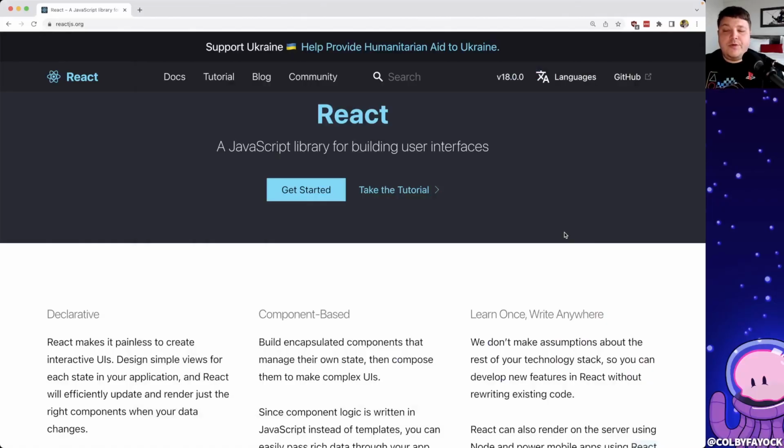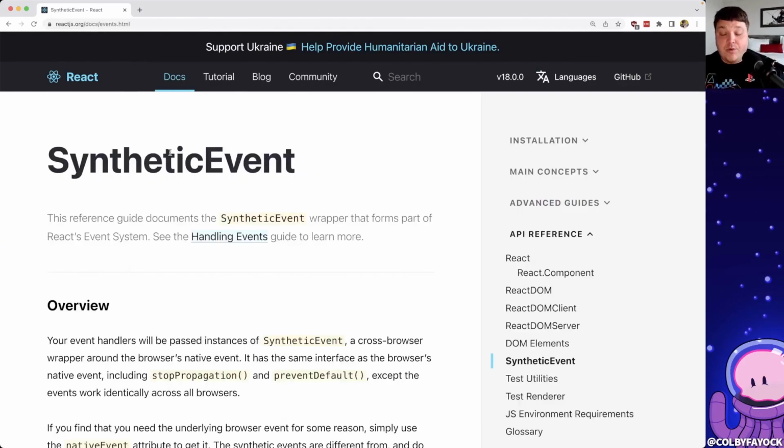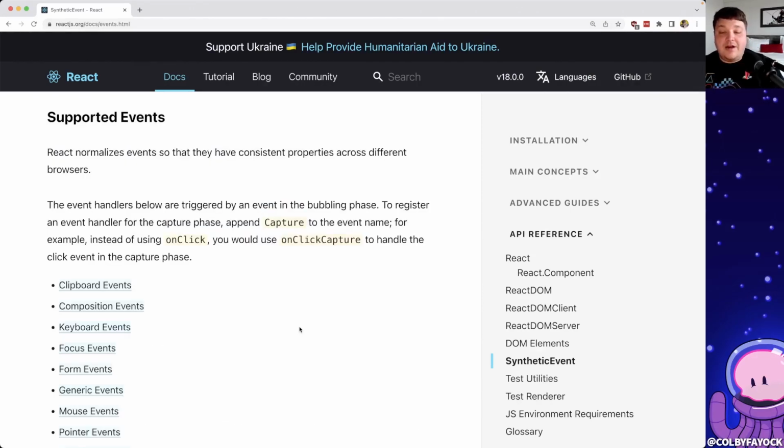So in this tutorial, we're going to walk through how we can listen to these long presses inside of a React app. React comes out of the box with what are called synthetic events, which are basically normal browser events, but they're kind of normalized and made a little bit easier to work with React elements and components. And they support a large amount of different events, such as what you would probably typically see as onClick handlers, where when you click something, if you want to fire a function, you can pass that right in as a